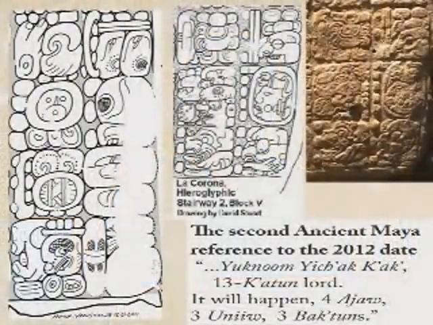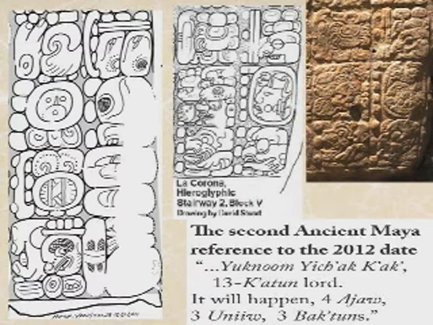This is a drawing and a photograph of the new 2012 inscription found in June by the La Corona project, led by Marcello Canuto of Tulane University. They found a whole step of what had once been a large stairway of at least 3 and maybe 4 steps, very, very wide, as wide as this room. Each of the panels of the stairway was carved. And the top two steps were looted by grave robbers in the 1960s. And the pieces are scattered in museums all over the world.